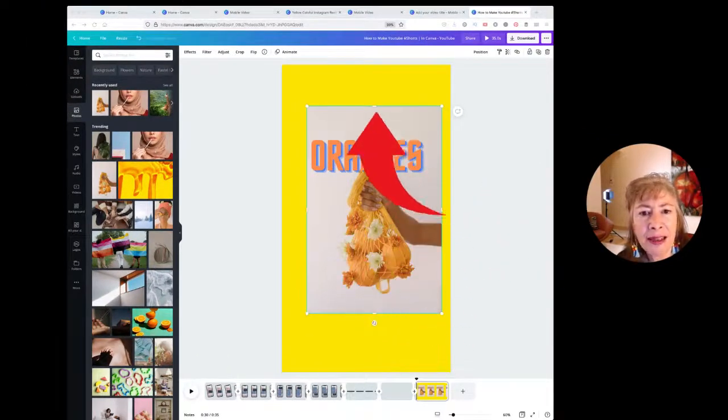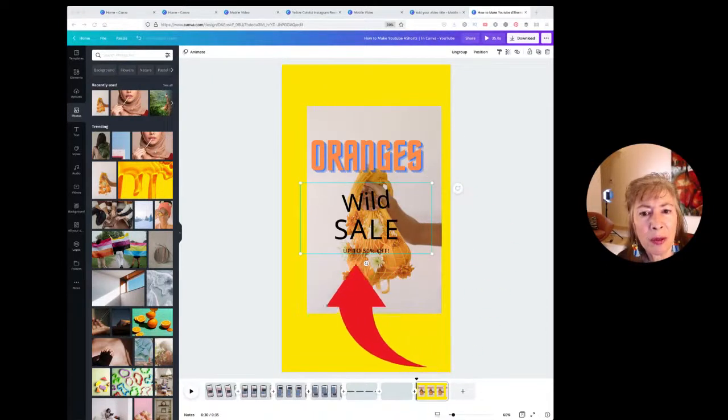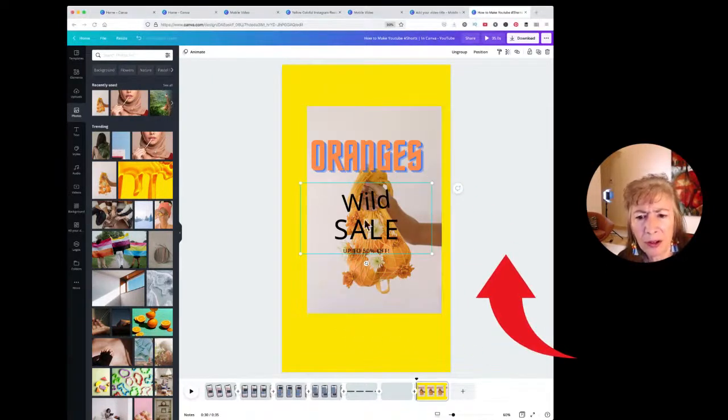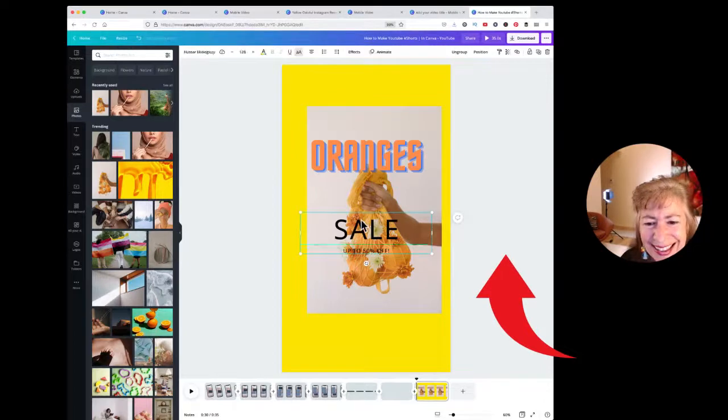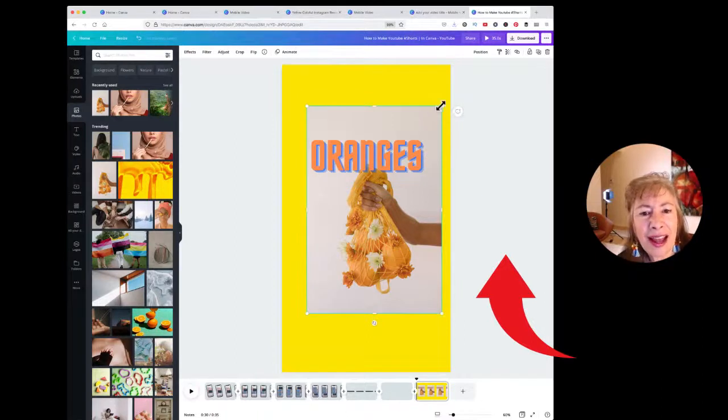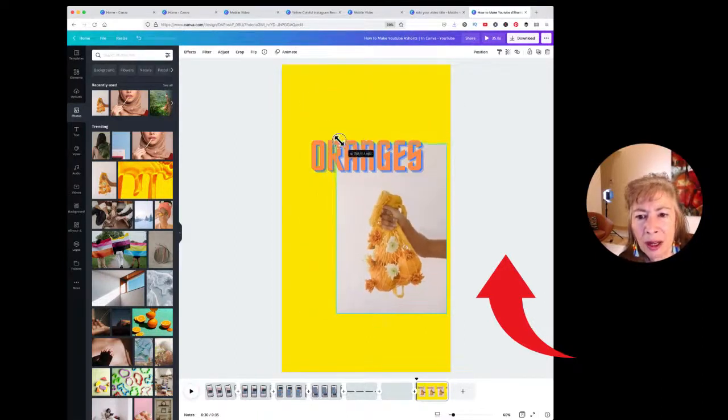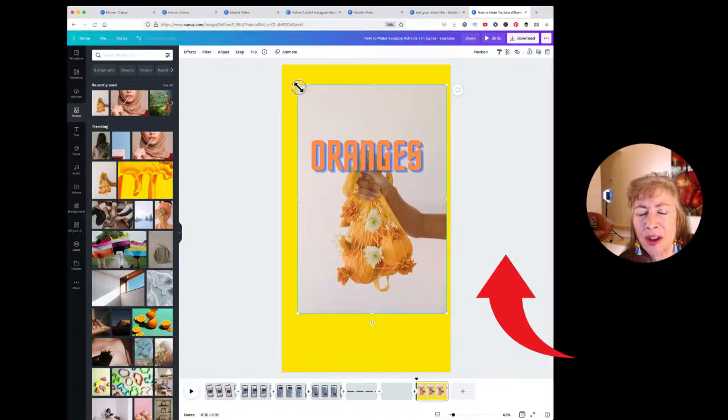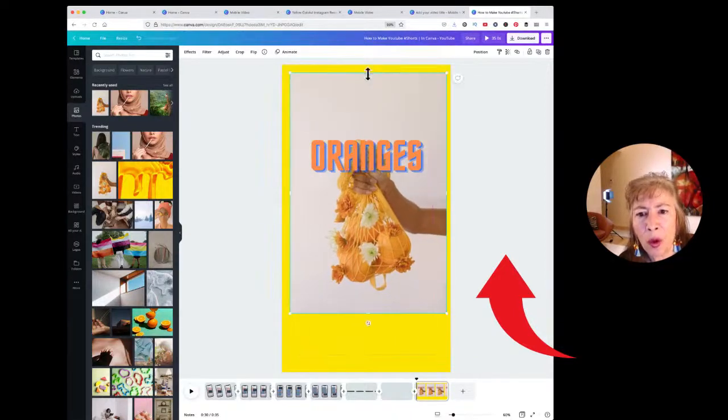Okay, select the image, and when it's selected, you'll see that there's a blue line around it, and it has the little round edges to the box that you can pull in and out, or the top that you can make smaller. Okay, it's selected. If you go up to